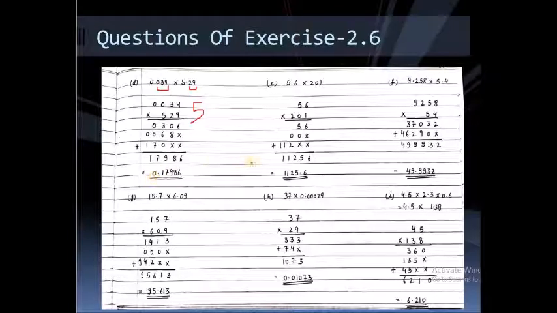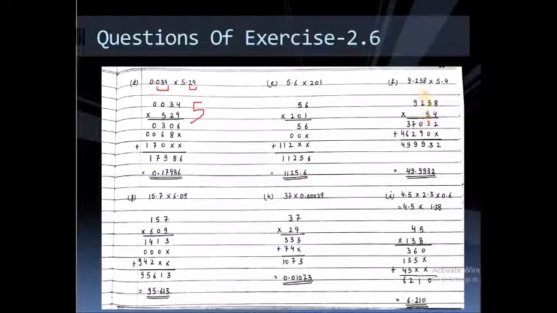Okay, all other parts are the same. We are repeating the same process again and again. Here you can see again I am multiplying a decimal number with a whole number. So here only one decimal place is there after the point. So in the answer also I will leave just one digit from the right before putting my point.